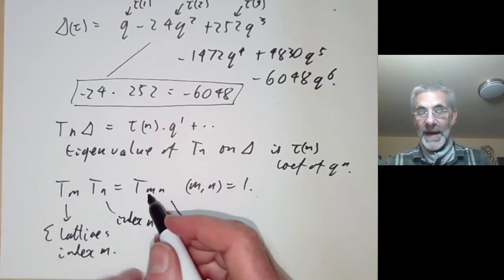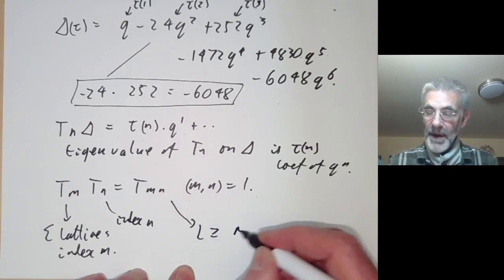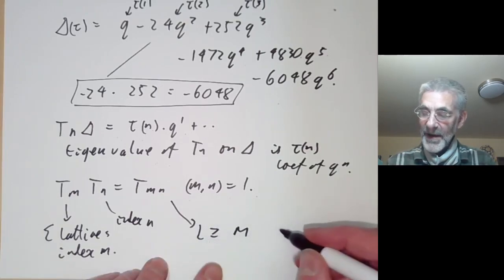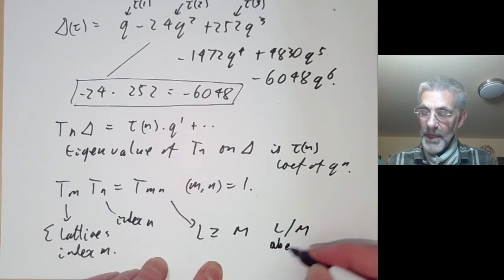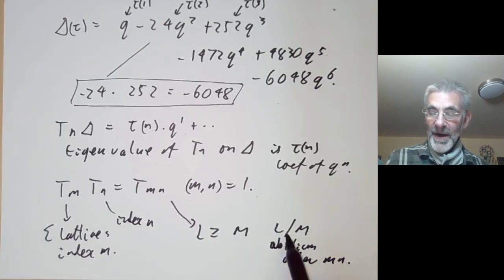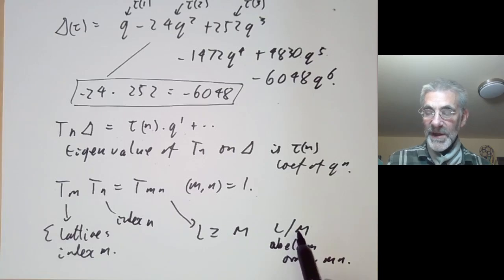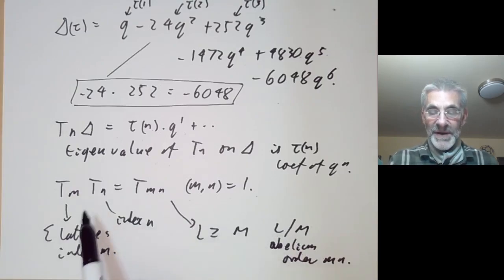And if you've got a lattice of index mn, so if we've got a lattice mL contained in L, this means that L over mL is an abelian group of order m times n. Now, since m and n are co-prime, this lattice has exactly one subgroup of index n and exactly one subgroup of index m, which means that